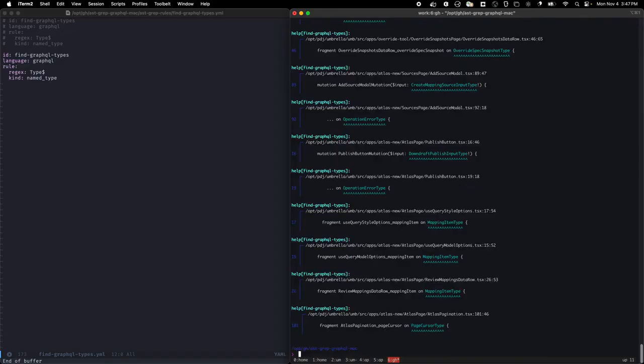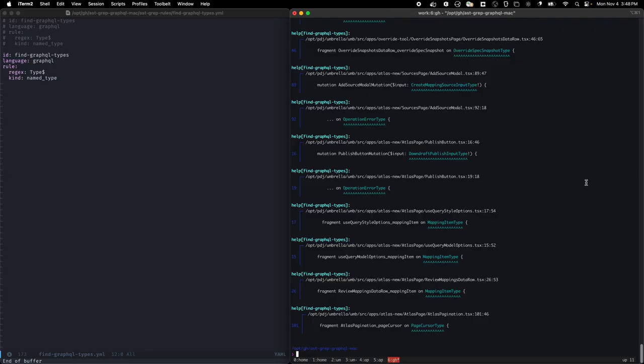And my ultimate goal actually was to rename these types, and ast-grep is able to do that. It can do renaming. I saw a couple of examples where it was doing renaming for HTML and for JavaScript, but unfortunately for some reason I couldn't get it working for my GraphQL example, so I was a little sad about that. But a good thing is that